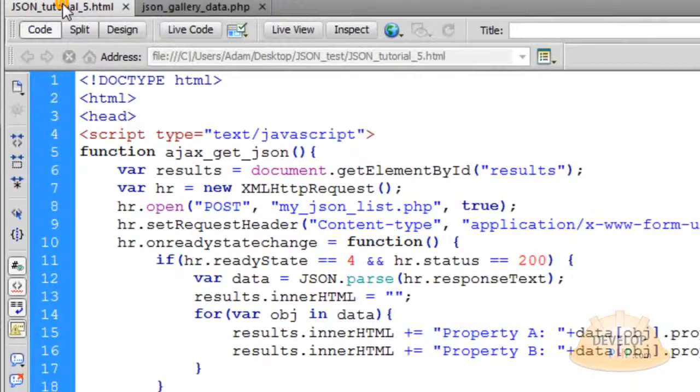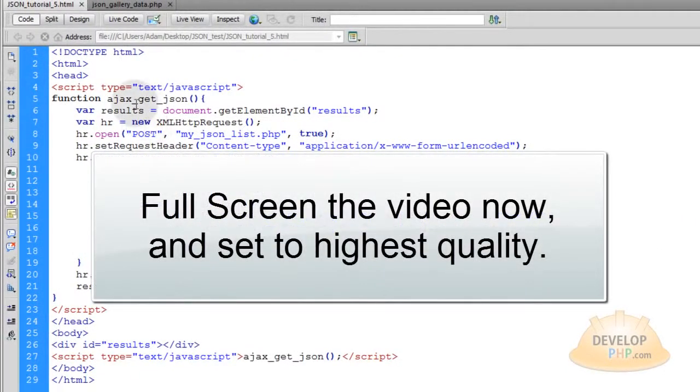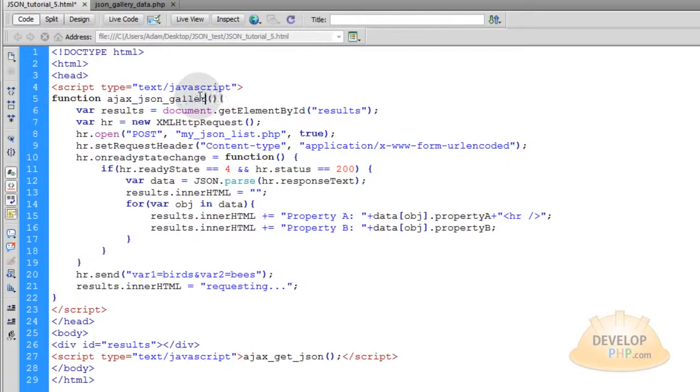First, we're going to tweak the JSON tutorial5.html page. Now let's change the name of this function from Ajax get JSON to Ajax JSON gallery. So you can copy that and make sure you put it down here. Now we're going to send one parameter through this function, Ajax JSON gallery. That parameter is going to be for the folder of the images that we want to scoop up dynamically and